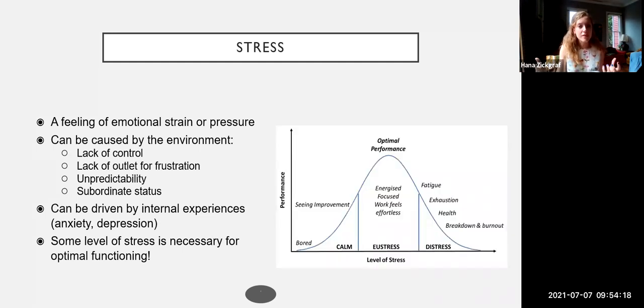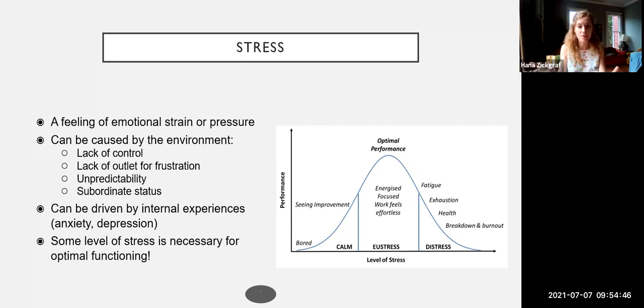In addition, some level of emotional strain and pressure is necessary for optimal functioning. So really low levels of stress can feel like being calm. At really, really low levels of stress, it can even be experienced as feeling bored and understimulated. Our performance at physical tasks, challenging tasks, and intellectual tasks actually improves as our level of stress increases towards a